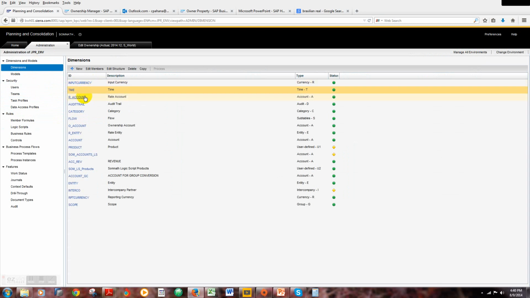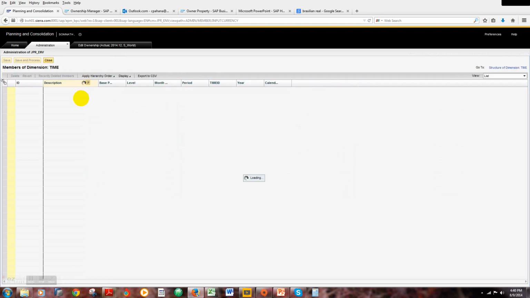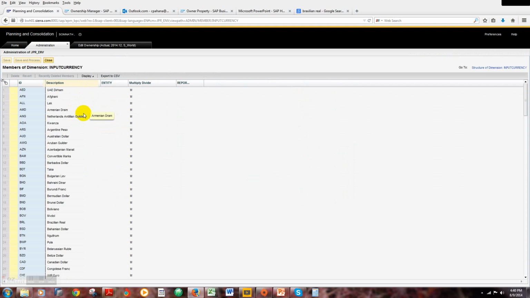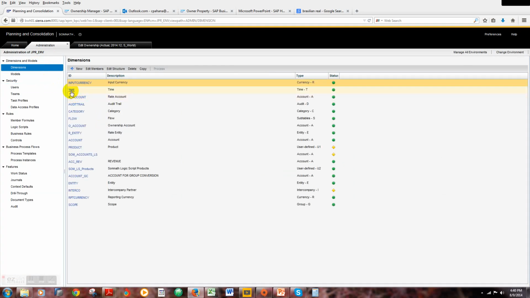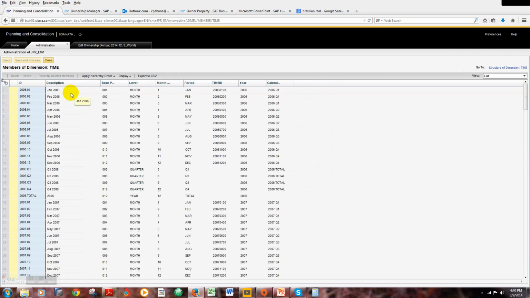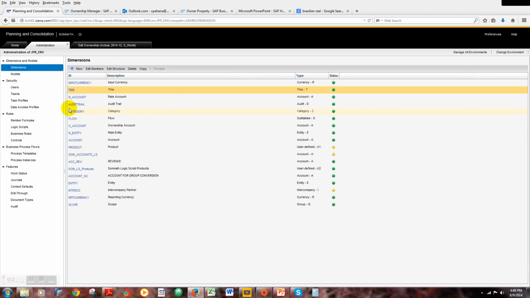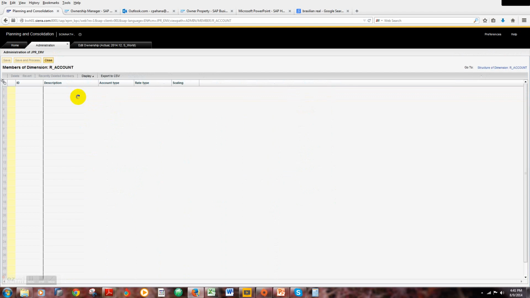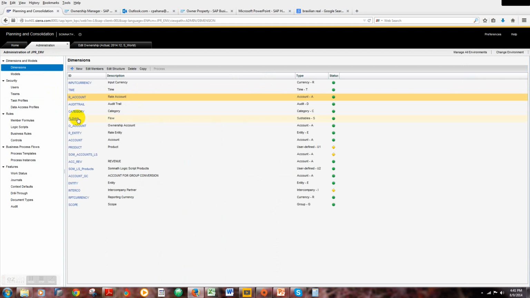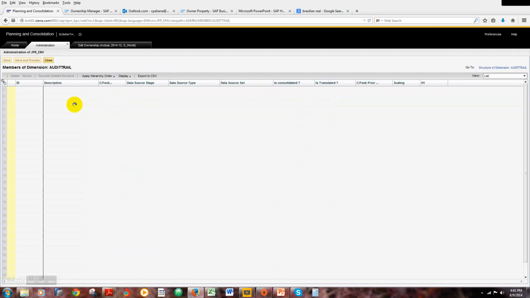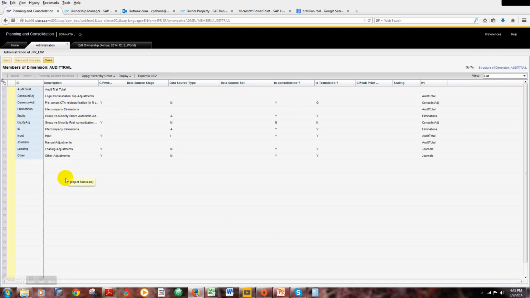The input currency looks like this, with the different currencies, and the time dimension is very simple. Then we have the R account, average closing rate, and then the audit trail dimension, and this